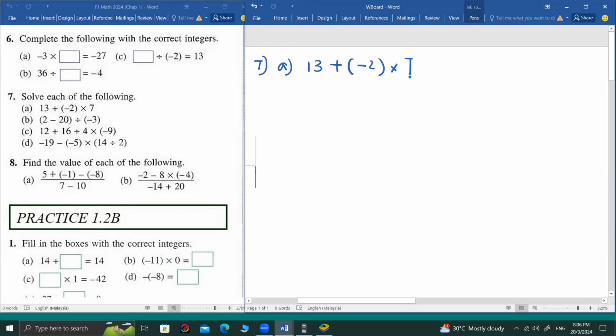So for these questions, okay, the mistake is like this. See, class, you must do this part first. If without calculator, last week I taught you already, -2 times 7. If multiply, 乘法, multiply with the negative, you must have -1, right? Like -2 times 7, what did you get, class?